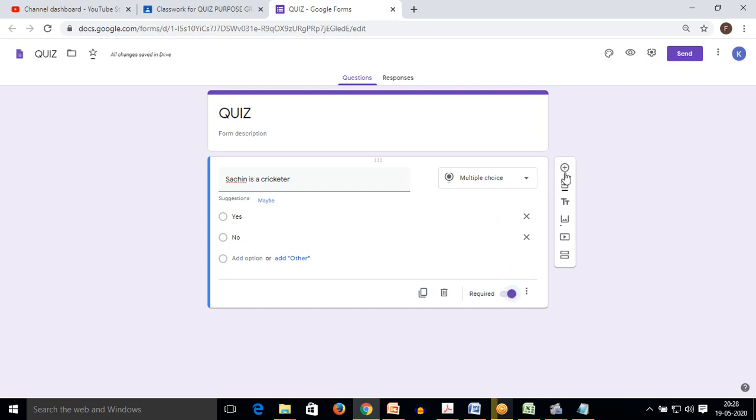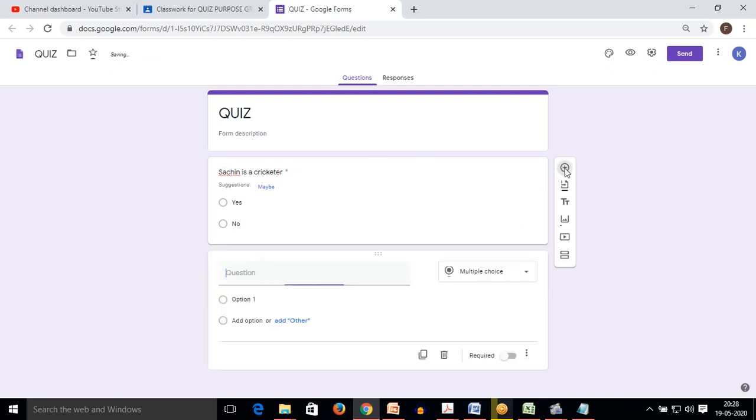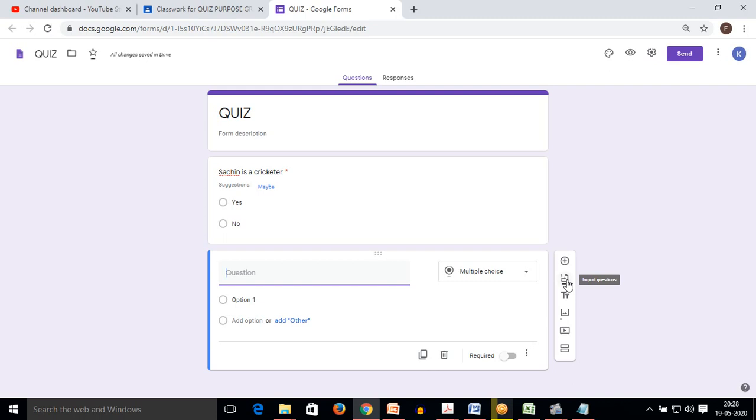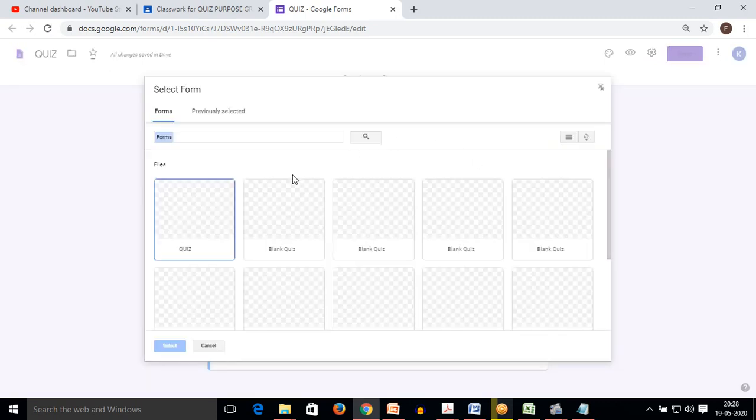Likewise, other questions can be added using this add question section. If I have already made some questions in some kind of forms or other formats, I can also import them.